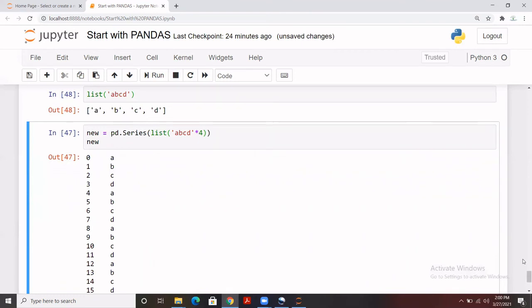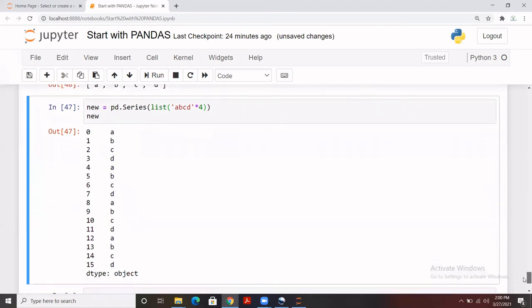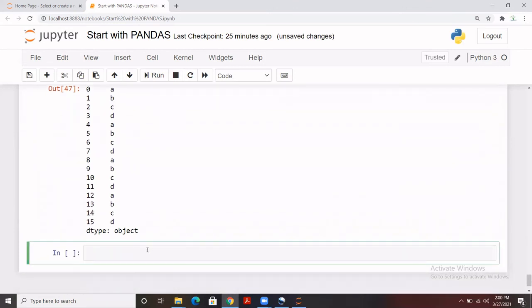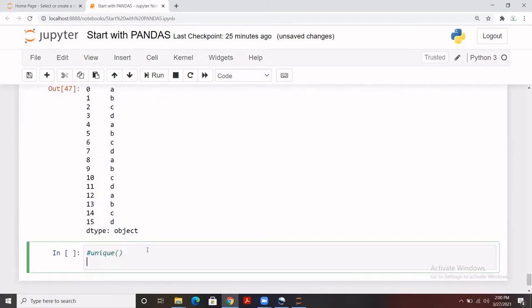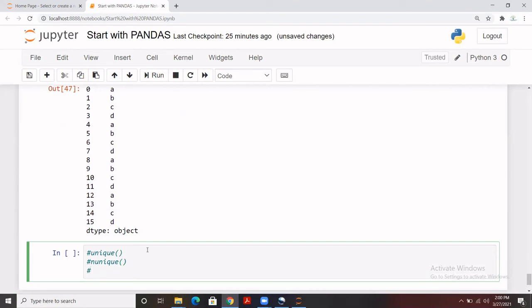So just to let you know how to find the unique records from a series, we are going to cover 3 options here. Let me explain what exactly they are. One is unique, another is nunique, like this, and then we have value_counts. So I'll explain the difference between these three.